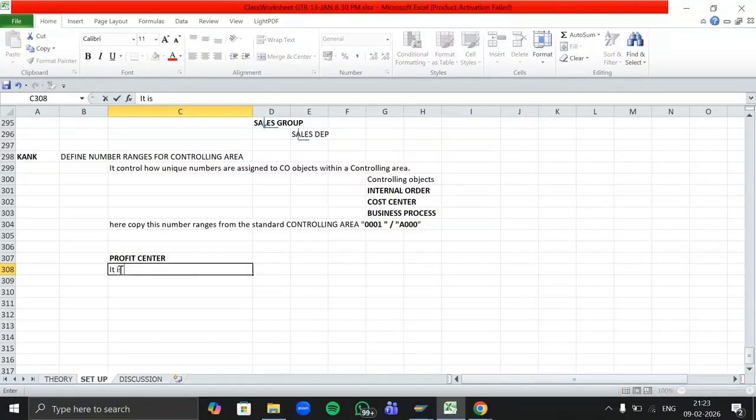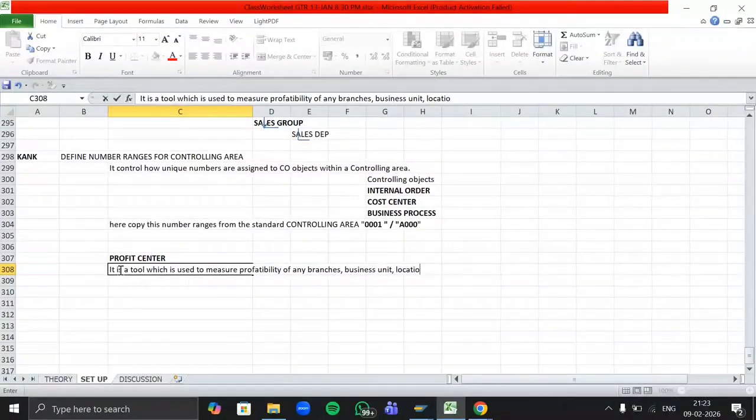So it is a tool which is used to measure profitability of any branches, any business unit, any location, or any product line.